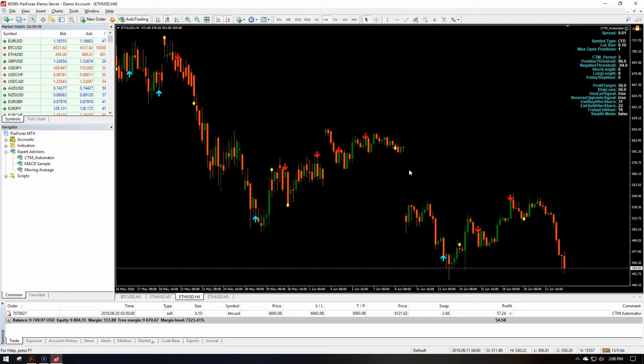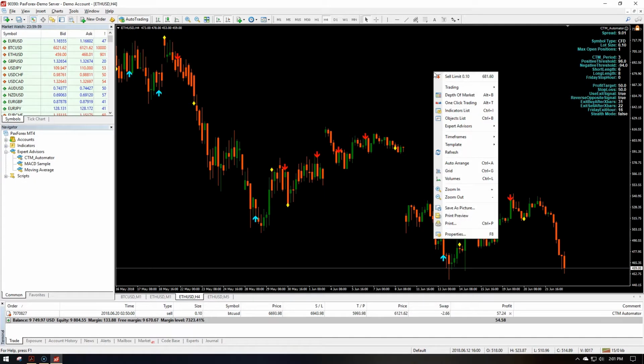The EA is only going to control trades that it makes. So if you manually place a trade, you cannot put the EA. Actually, you can put the EA on the chart. You would have to set the magic number to 0. I'll just show you real quick how to do that. So right-click, Expert Advisors, Properties,